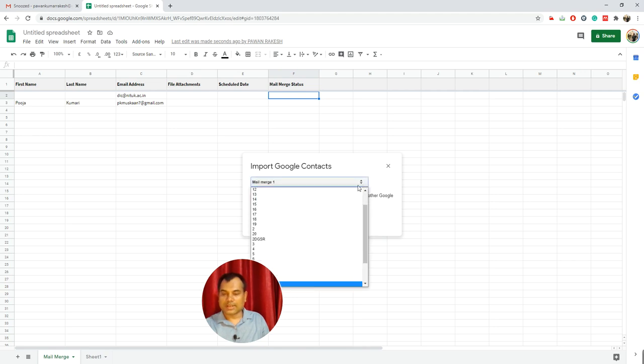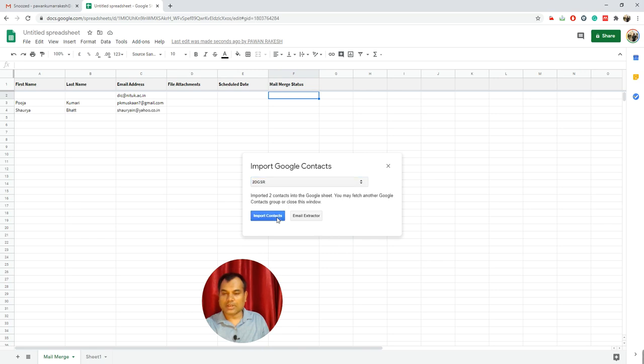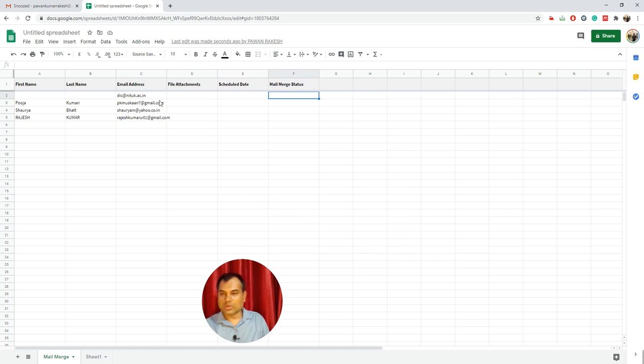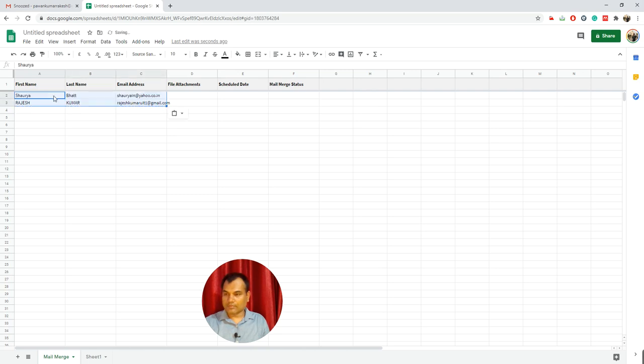Or I can change this to DGSR, import contacts. So just close it. I want to delete this tab, and I just want to import the contacts from my list. If you have, you can choose your label and import your list here.